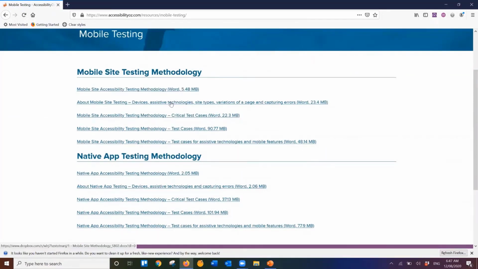Then you've got about mobile site testing, which talks about devices in more detail, assistive technologies, site types, variations of the page, and how to capture errors. Then we've got the critical test cases, and they all have past examples. And then the actual mobile test cases, which also have past examples and step-by-step instructions. And then you've got the assistive technology and mobile features. So we've got the same for the native apps.